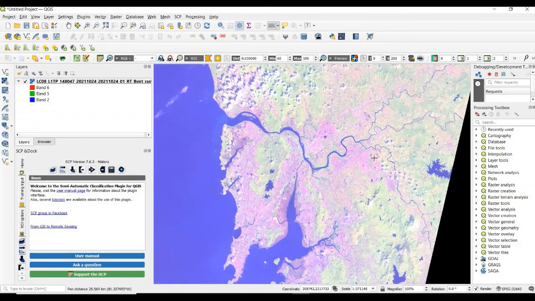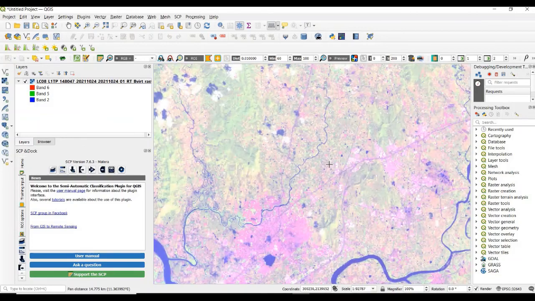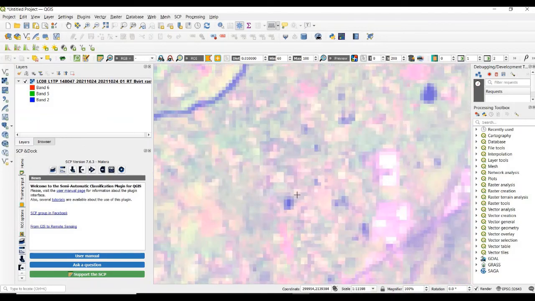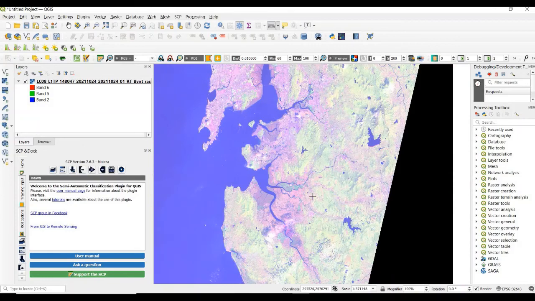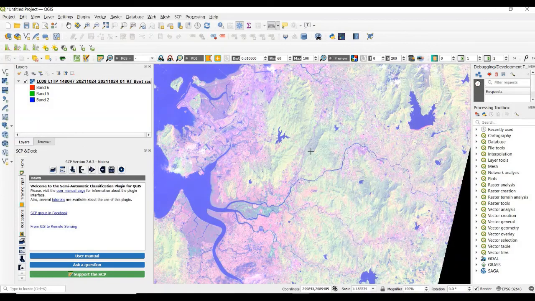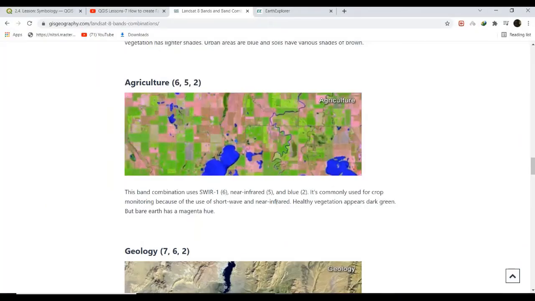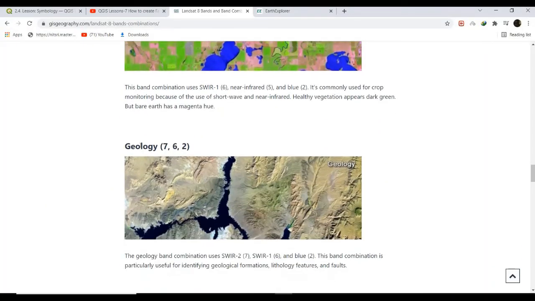So we identify here the portion in dark green color shows the cropland or agriculture area. Now we are going to change to a different band combination for geology. 7, 6 and 2.